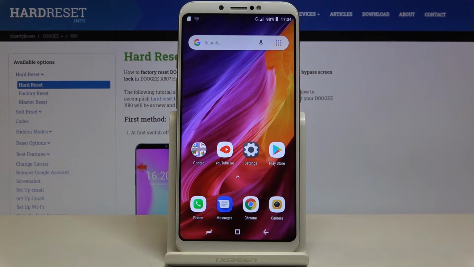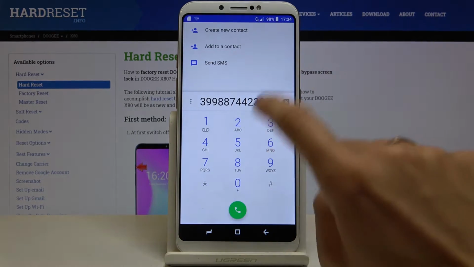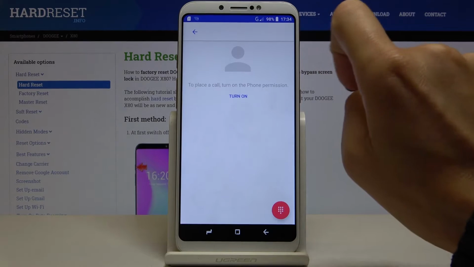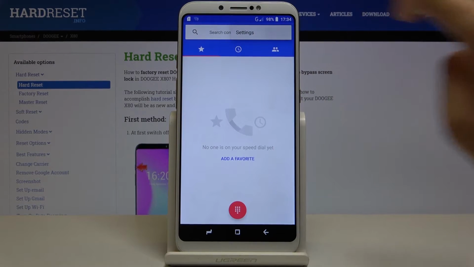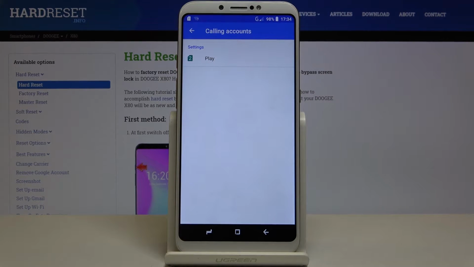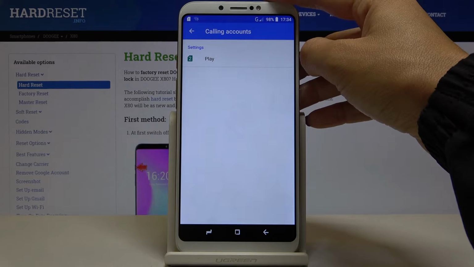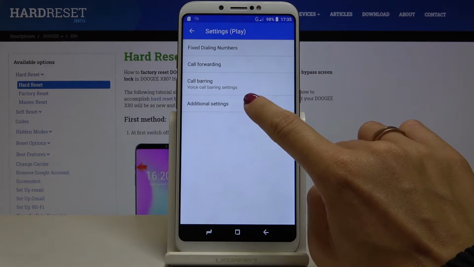Here I've got DOOGEE X80 and let me show you how to hide or show caller ID. So at first you have to open your phone dialer, then click on the settings right here and go to calling accounts. And under calling accounts you will find Play or any other carrier that you have. In my case it's Play, so smoothly click on it, tap on additional settings,